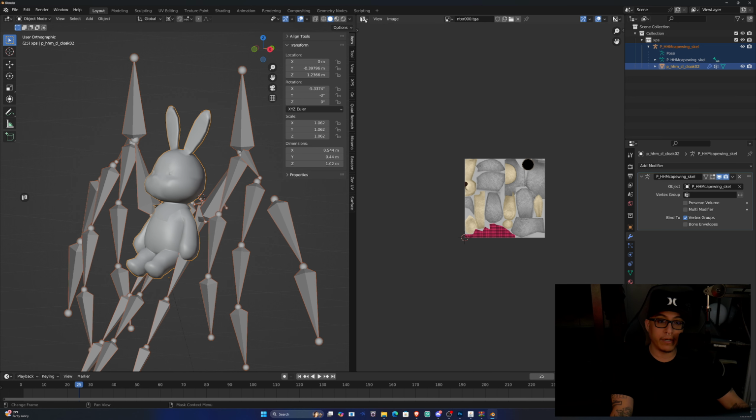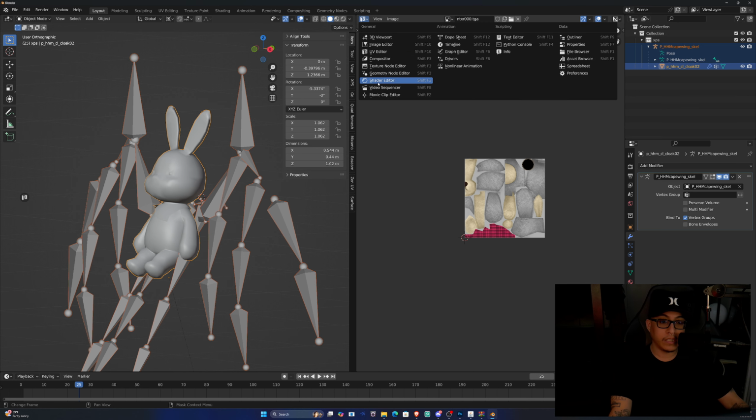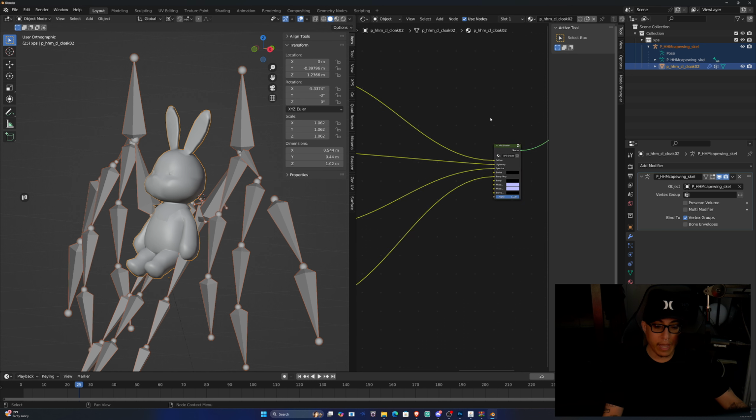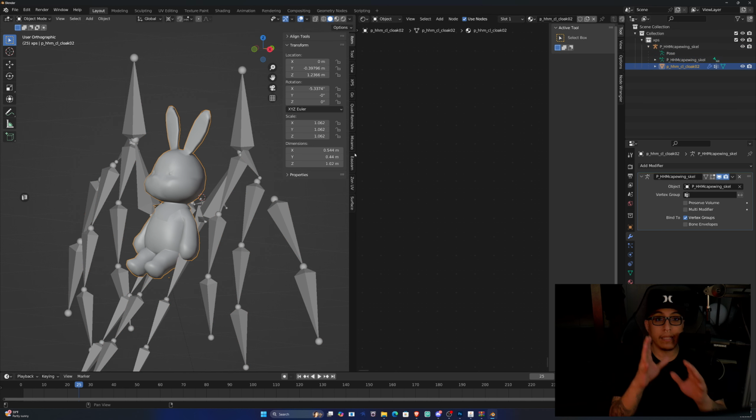I'm going to come up here and change this to shader editor. And I'm going to go ahead and select everything, hit A, and hit delete. We're going to recreate a node, and this is relevant for anything you're exporting in Blender to Neverwinter Nights 2. So this is a very cover-all tutorial in this session at least. All right. So in order to get your textures to show correctly in Neverwinter Nights 2, you must open up